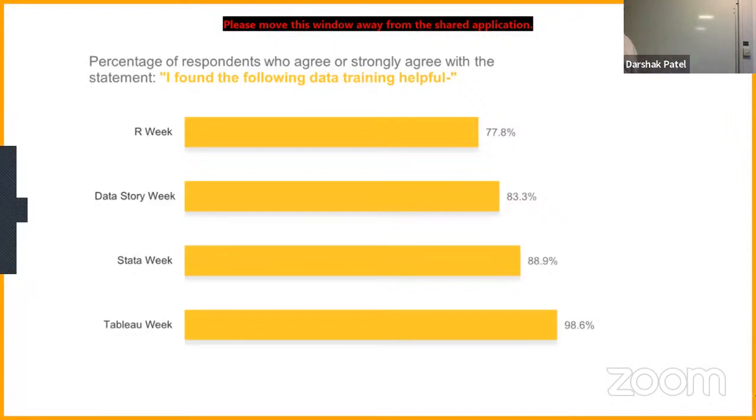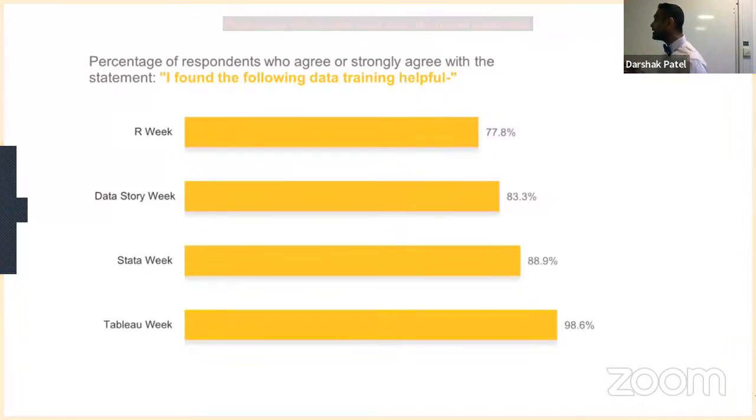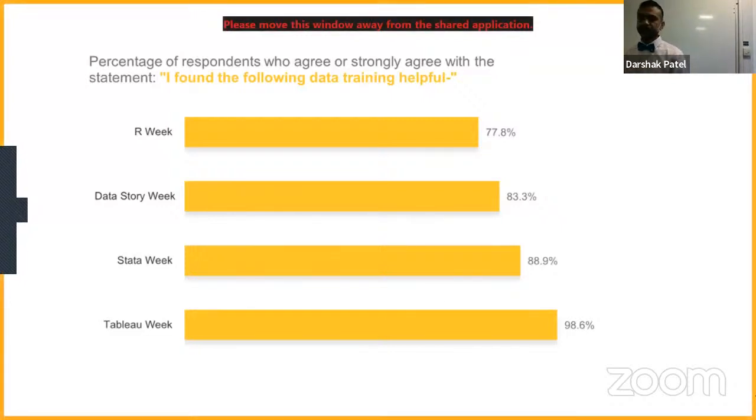Not surprisingly, seeing R struggling, I think 1 week wasn't enough for R. I think we really stretched and pushed for it, and our participants let us know about that as well. The data story week was the second least helpful. Again, it probably depends on who our clientele was, or who took this data camp. And I think what students will eventually realize is when they actually go into the job market, that's where it's going to come pretty handy as well. Because we wanted to really teach them to tell an effective story. And then Stata came in around the third aspect as well.